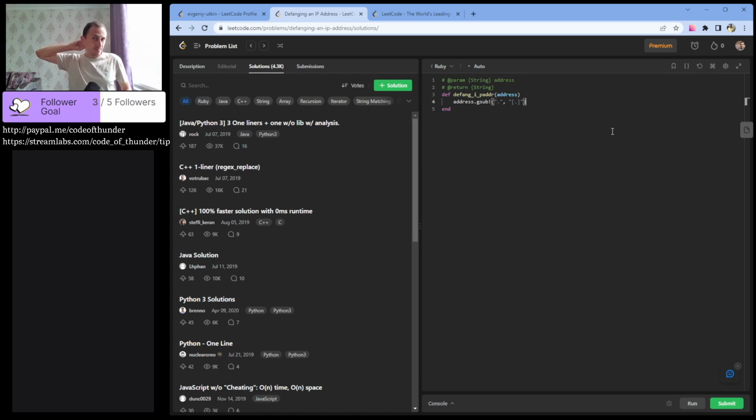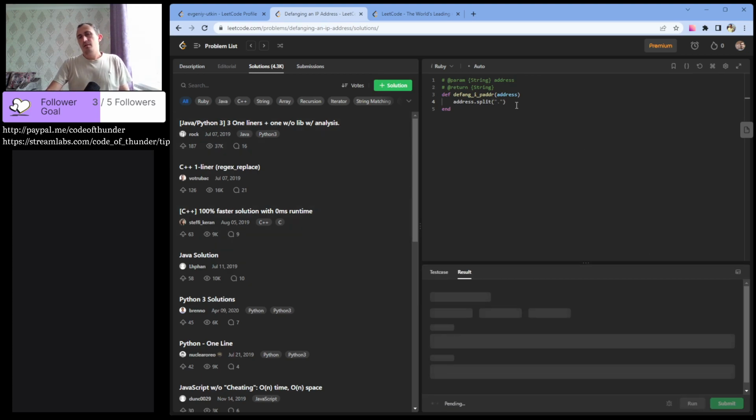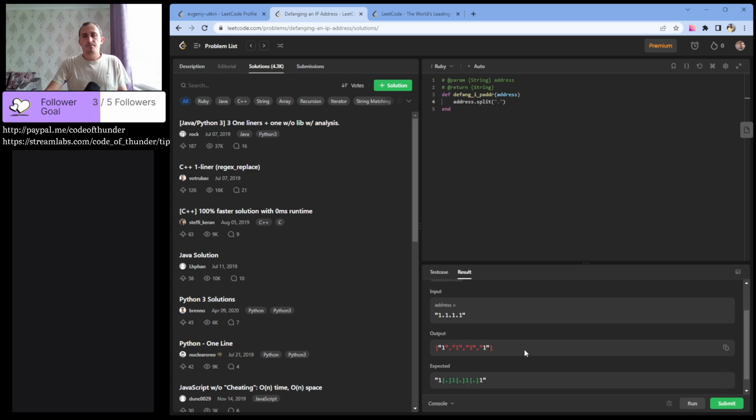Another approach is to split the address by the dot. Let's do this, by the way, just as an exercise. Split by dot. Let's see what we get. Yes, and after that join it back together with dot and brackets.